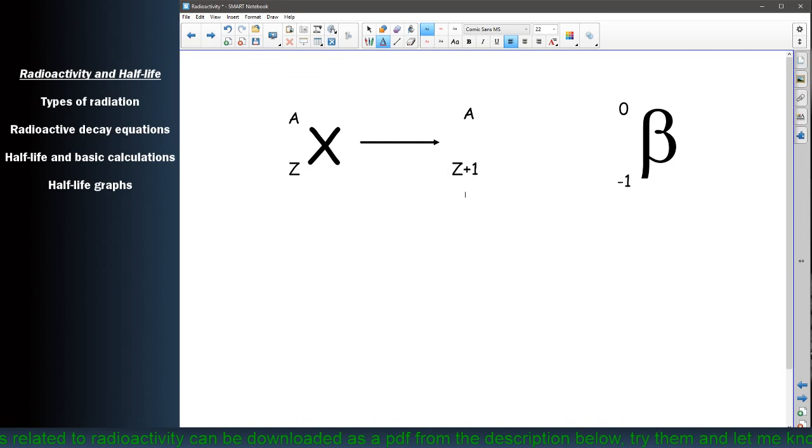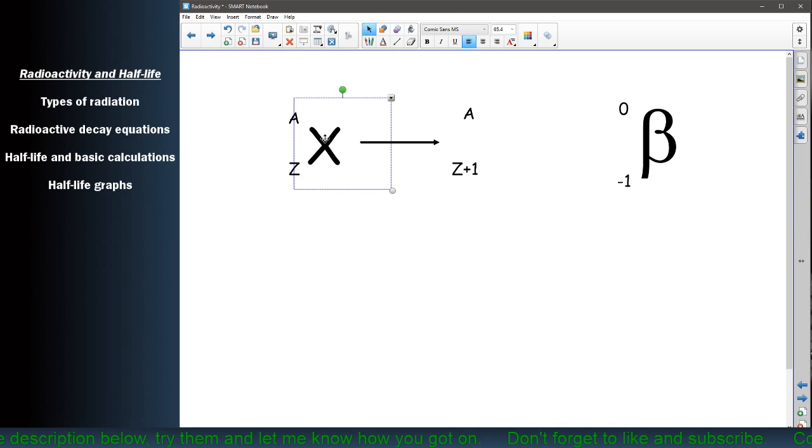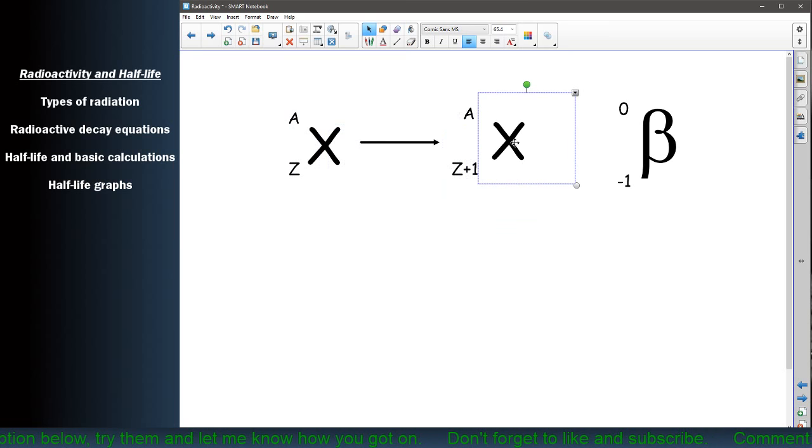So suddenly we've got one more proton, so my atomic number goes up, but my mass number remains the same, because I lost a proton, lost a neutron, gained a proton, so everything is mass-wise the same, but we have an extra positive charge in our nucleus down here. Because our atomic number has changed, again, we change from material X, and we'll call this material B this time,